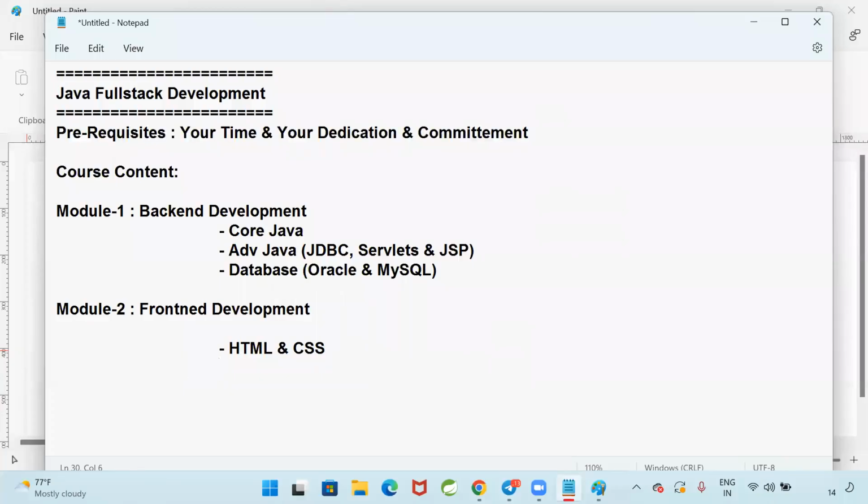Next, we are going to use JavaScript. JavaScript is available in the front end and is used to add dynamic nature to the website. If I click one button, the data should go. If I click one button, a pop-up should come. Any dynamic behavior that you want to add to the website, we will give by using JavaScript.